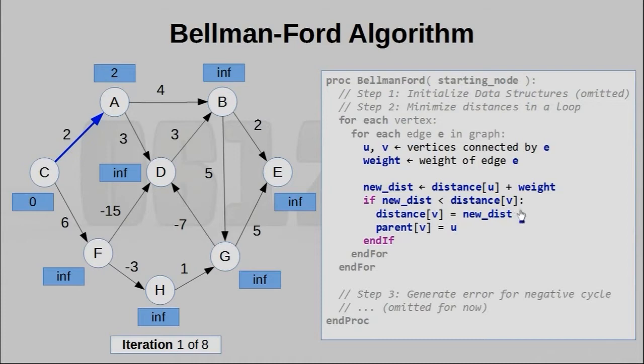If it is, then we will go ahead and update the distance and the parent. So yeah, this is exactly what Dijkstra's algorithm does. Just that now, we don't really care what is the order of the vertices we visit. So yeah, basically we can just trace on, and the order I'm going to actually visit all the edges in